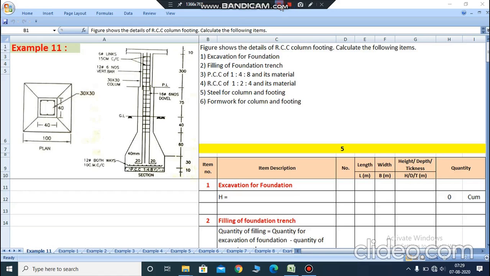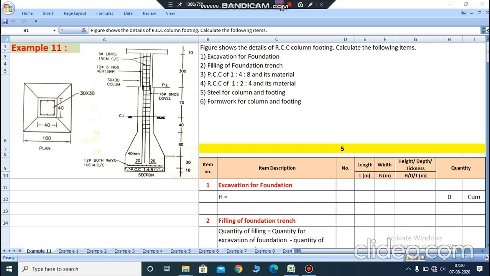Hello students, today we start a new example number 11. Here the figures show the detail of the RCC column and we calculate the quantity of the following items. First we calculate the excavation for foundation, second the filling of foundation trench, third the PCC work with a ratio of 1:4:8 and its material, and fourth we calculate the RCC work, and fifth we